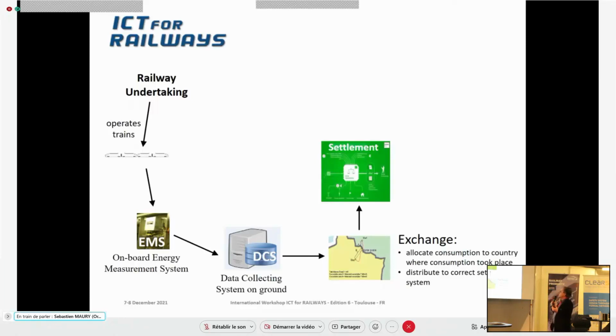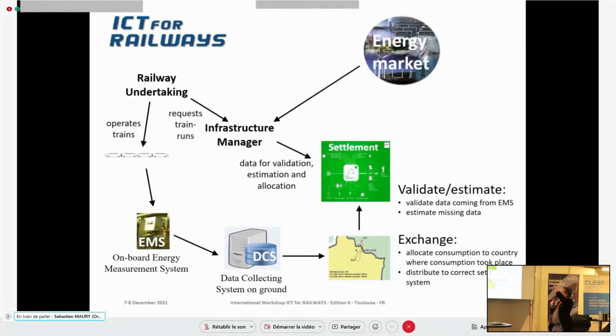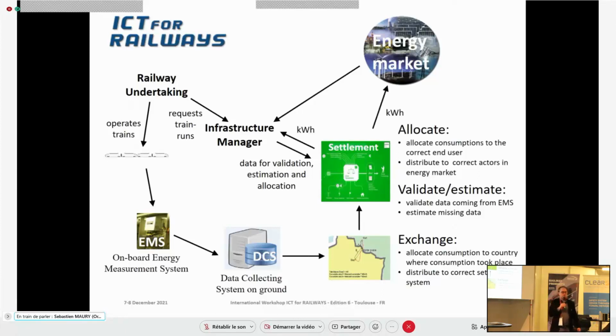Settlement will have different functions. Next click. So first is validate, estimate the metering data. For that, we receive data from the railway undertakings. This can be your request of a train run, but also energy market, what was the consumption in the different substations. With that together, we can validate, estimate, but also allocate to the right consumer who has been consuming, and